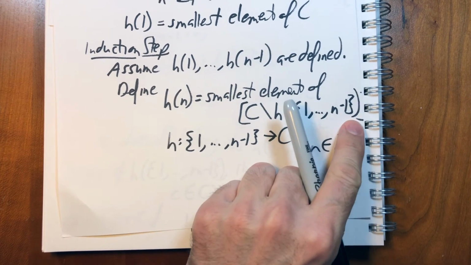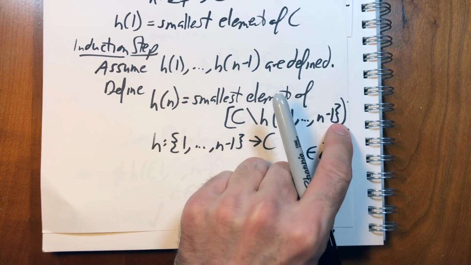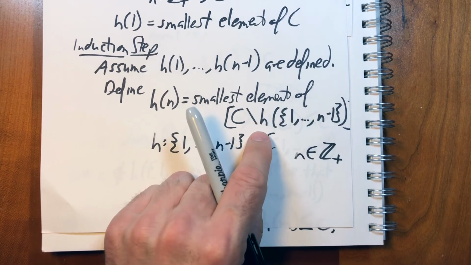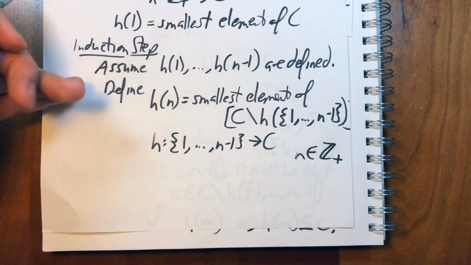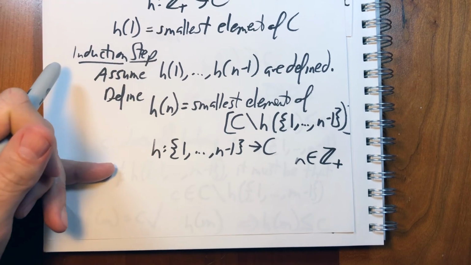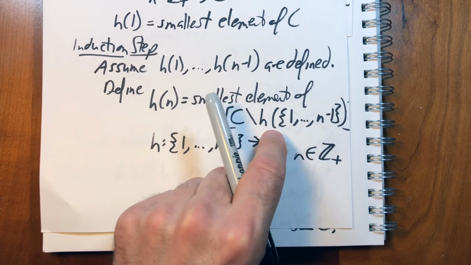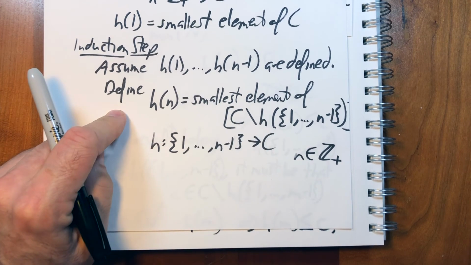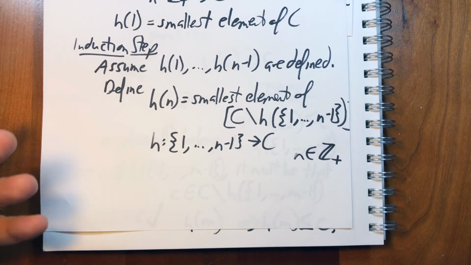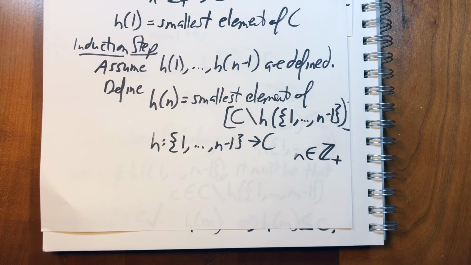What in the world is h of n minus 1? Well, what is h? We're in the middle of defining h. How can we be using h in the definition of h when we haven't even finished defining h yet? This is called the